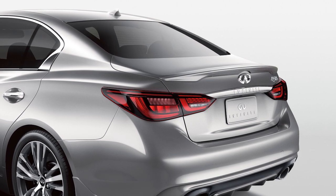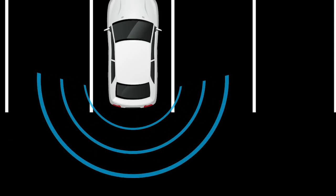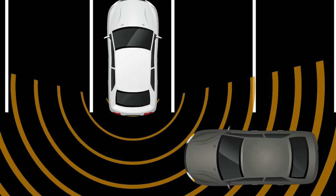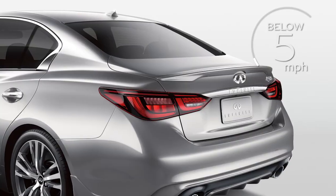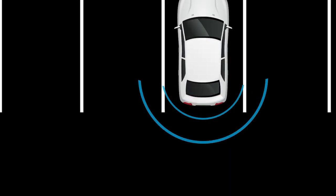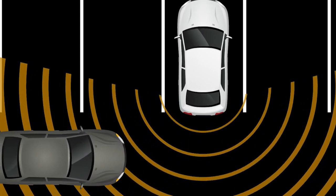The Backup Collision Intervention System, or BCI, can help alert the driver of an approaching vehicle or object behind the vehicle when the driver is backing out of a parking space. If enabled, the system operates when the shift lever is in reverse and the vehicle speed is less than approximately 5 miles per hour. If an approaching vehicle or rear object is detected, the system notifies the driver with one